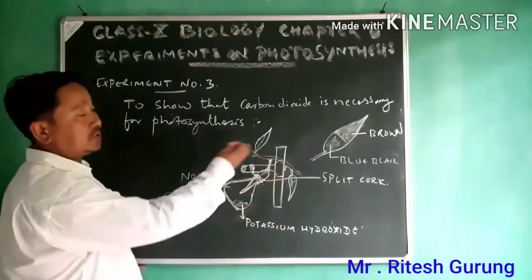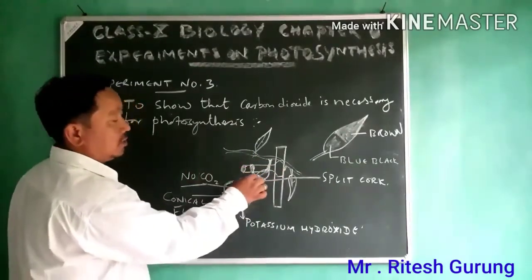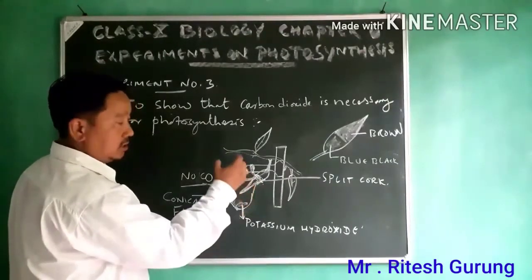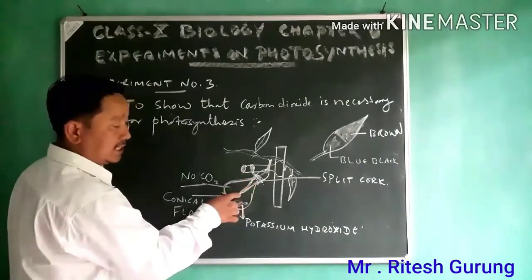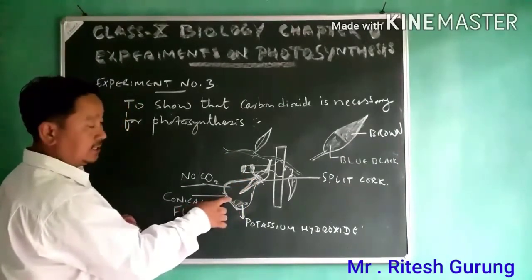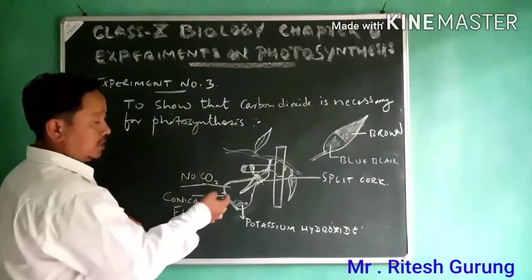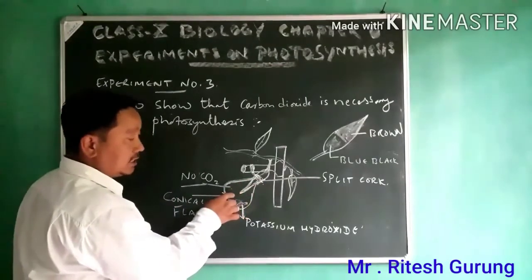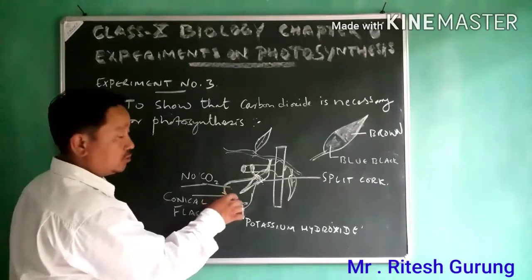Out of some leaves, consider only one leaf whose frontal half portion is inside the conical flask, like this. You can see it in the diagram, which is there in the book also. So half of its portion is inserted into this conical flask